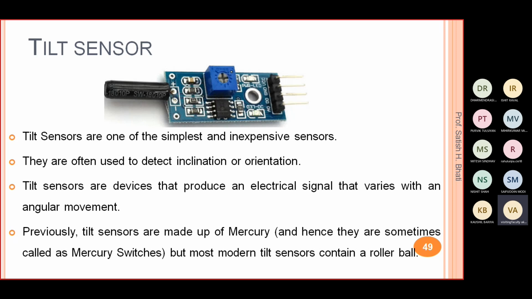If you see somewhere construction is going on, to find the inclination or for leveling purposes, they use a kind of device in which there is a liquid and a bubble. I don't know the exact name of that device, but they put it on a surface, and when the bubble is at the center point, it means the surface is exactly horizontal. So we use such kinds of devices.